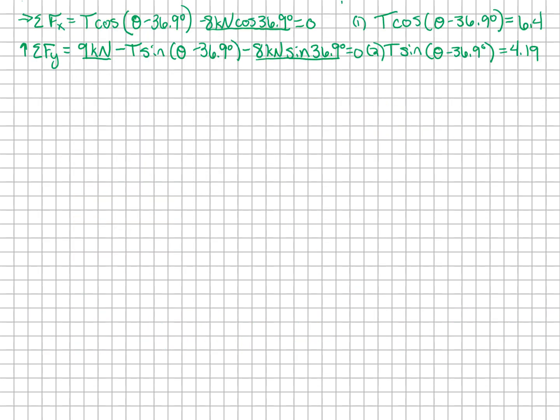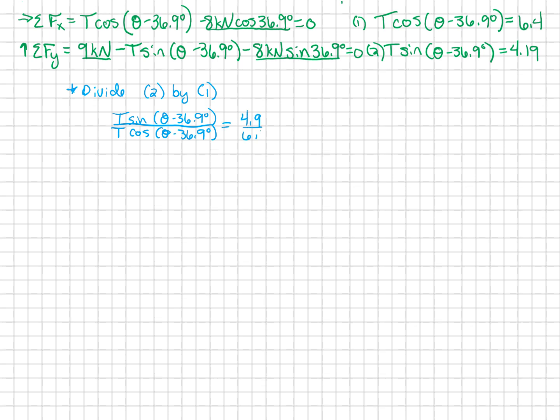All right, now we need to do our algebraic manipulations, or just solving algebraically, so that we can actually get T by itself and theta by itself. So what I'm going to do is divide equation 2 by equation 1. That gives us T sine of theta minus 36.9 over T cosine of theta minus 36.9